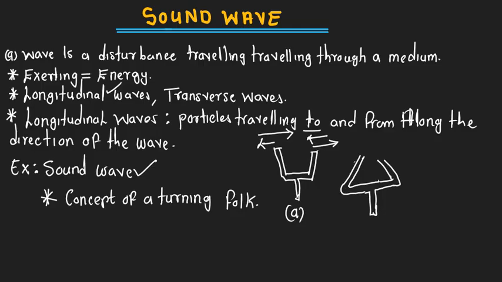So we're going to have a time when we have this tuning fork in this particular direction. We can name this as our B. And at the same time, there is going to be a point where it will go outward. That is the to and fro that we're talking about. So this guy will be going in this direction. It is vibrating, so of course this is going to be C.